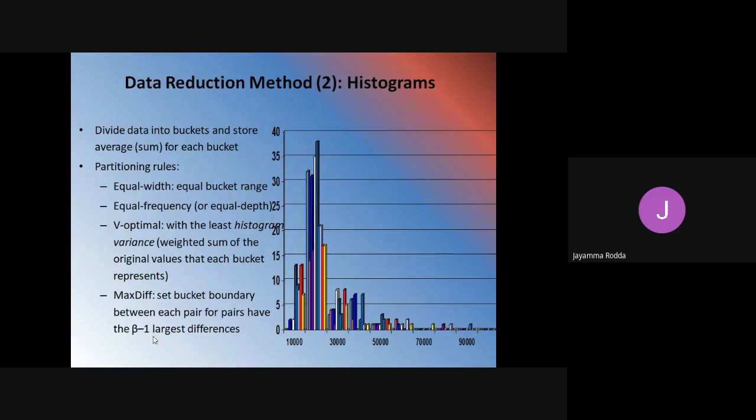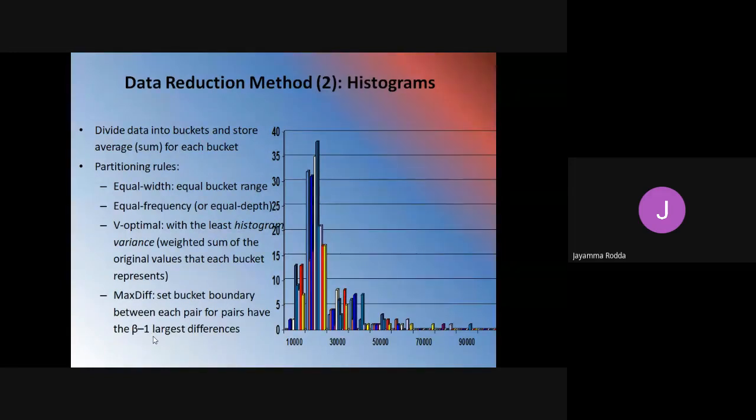That is 10,000 minus 30,000, what should be? 20,000. 50,000 minus 30,000. So beta is the user-specified number of buckets and the largest differences should be beta minus 1.